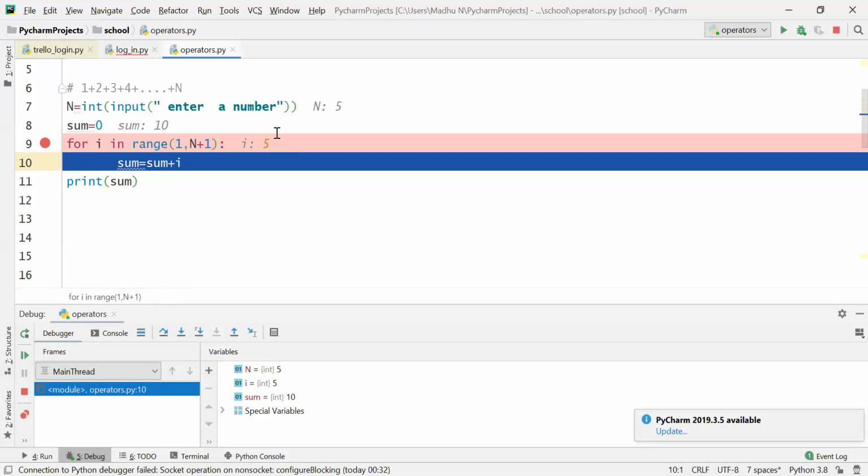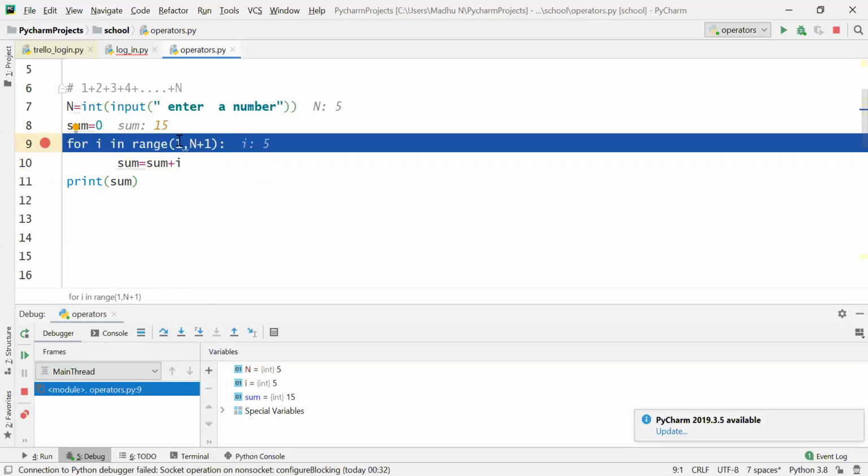Now what is the sum here? 10 plus 5, that is 15. Sum is 15.